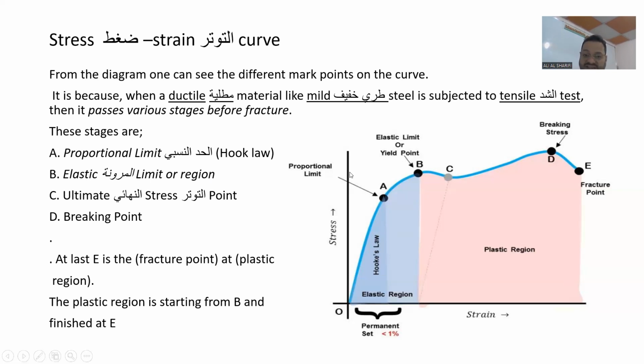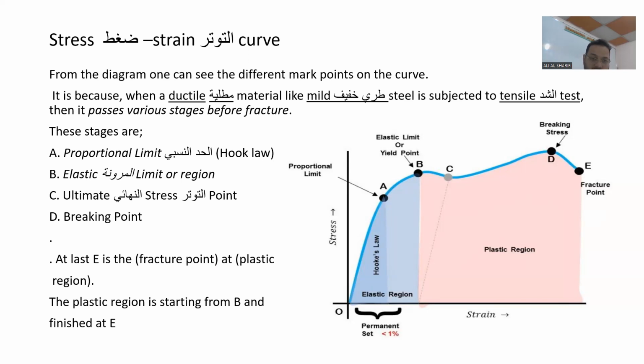That means we will increase the stress more. All of these will be in the elastic region. What does elastic mean? It means the flexibility region. We can imagine that when the load is removed, the material can come back to its original shape,